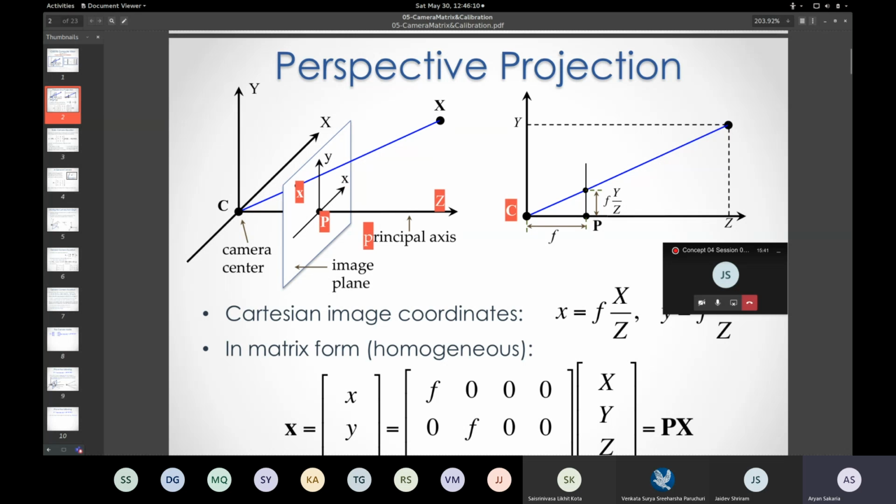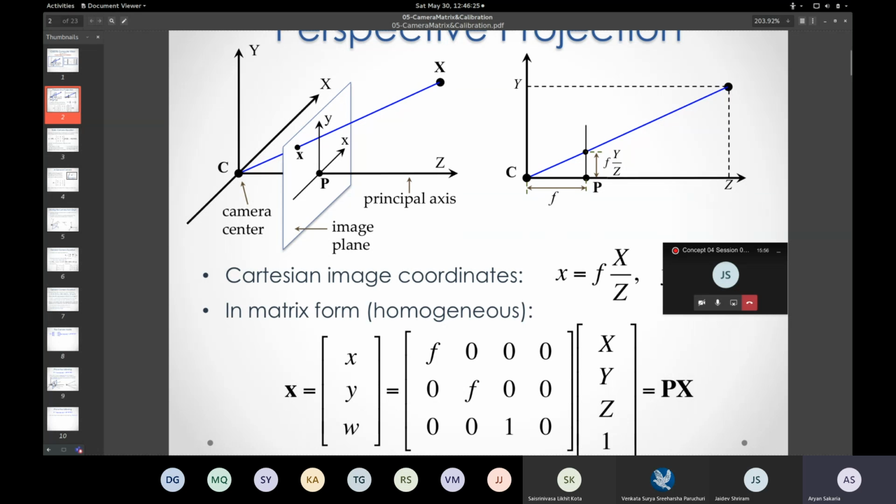The image plane is f away from the center of the camera. In the pinhole camera, obviously the image is formed beyond the camera origin, and everything is flipped. But for the sake of mathematical ease,